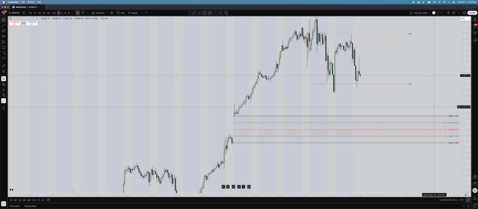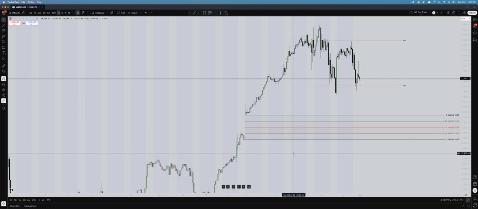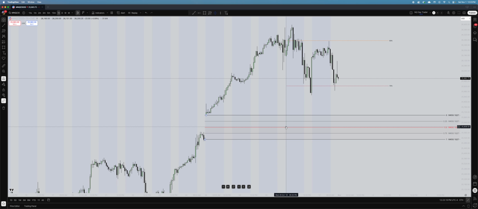So new week opening gaps are always going to act as a draw on liquidity, meaning that it is going to act as a magnet for price. So I couple that, knowing that this is a strong magnet on price, I couple that with, if we go back